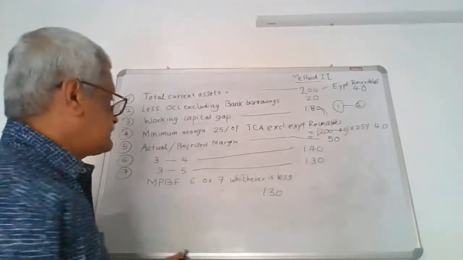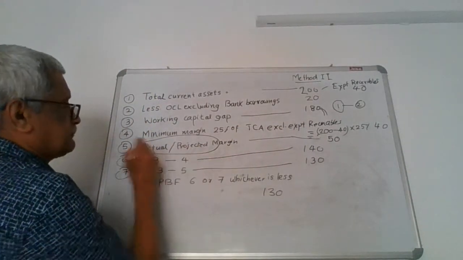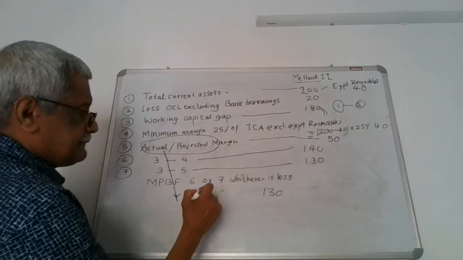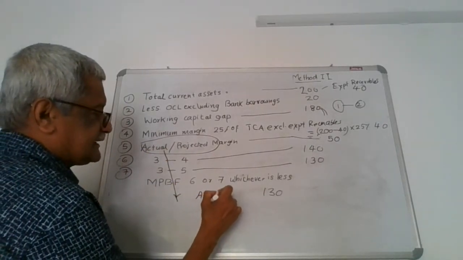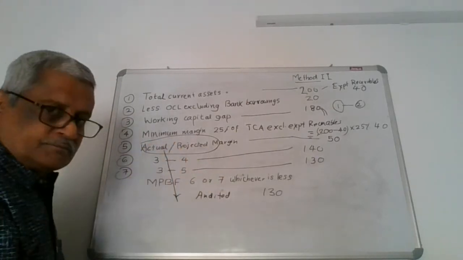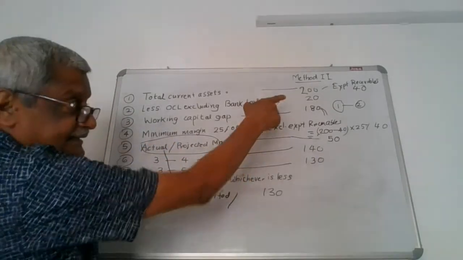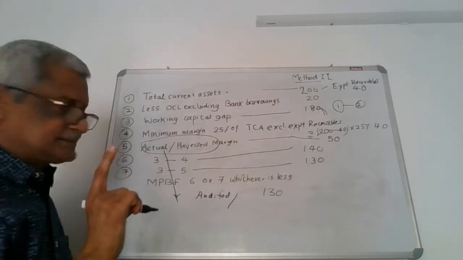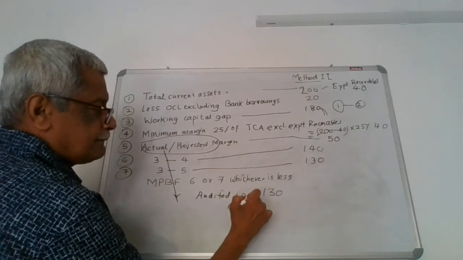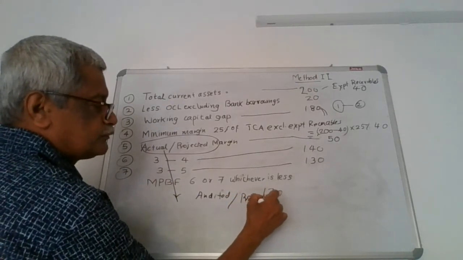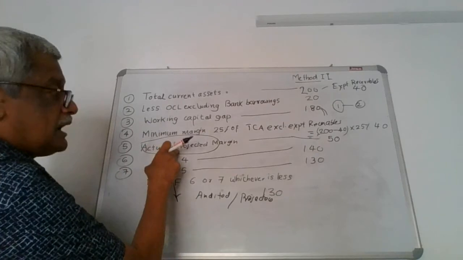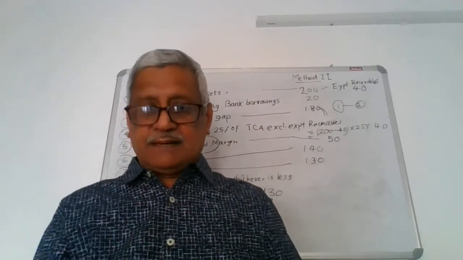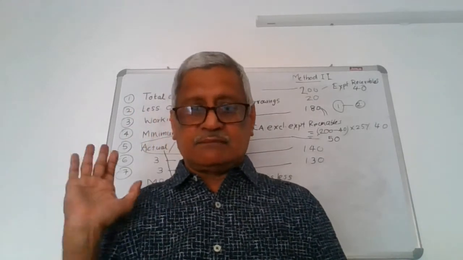Now, why am I writing the actual or projected margin? Whenever I find out what is the actual margin based on the audited balance sheet, what is available is actual margin. And the customer gives a projection that I want investment up to 200 to achieve a projected sales, in which case he has to project what is the margin to be brought in. That is why actual or projected margin is given here. Hope you have understood the mechanism by means of the numerical which I have explained.